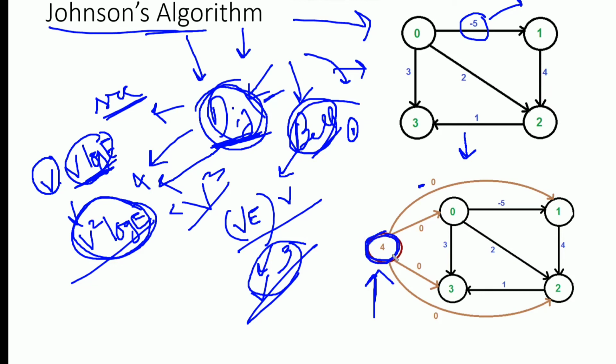As we know, in the Bellman-Ford algorithm, if there is a negative weight cycle, then the algorithm does not perform under that condition. But if we apply Bellman-Ford for this source vertex, it is ensured that adding this source vertex does not create a negative weight cycle, because all the edges are directed from this vertex to all other vertices.